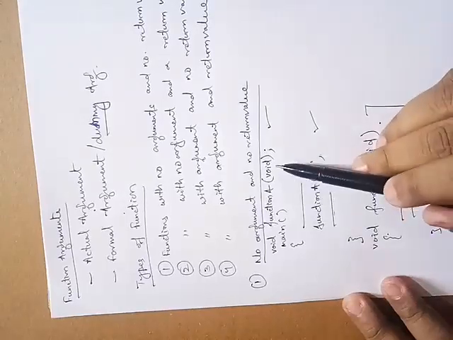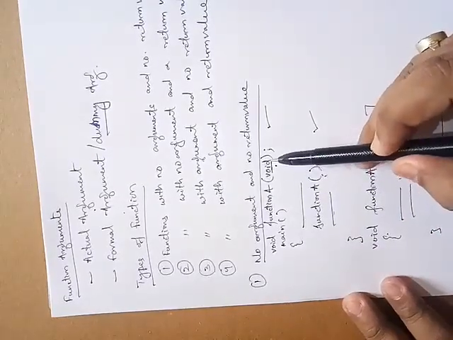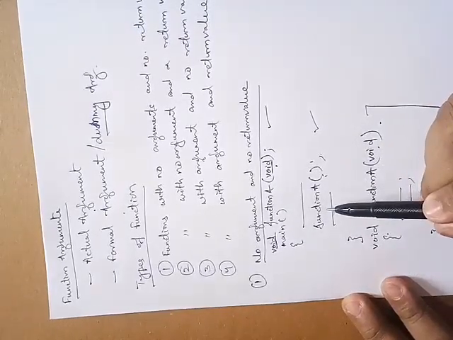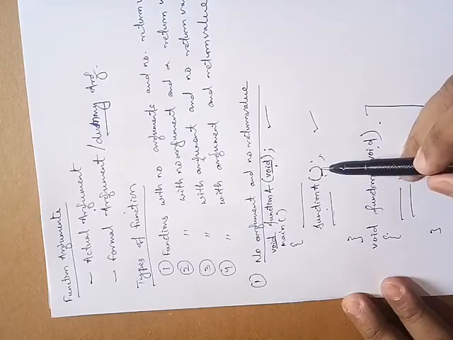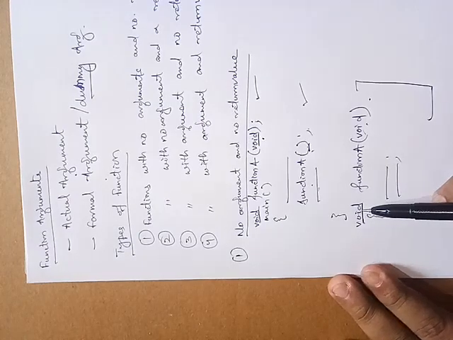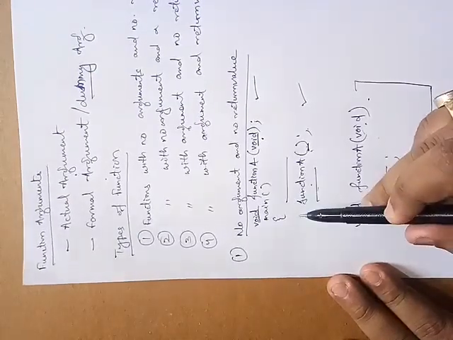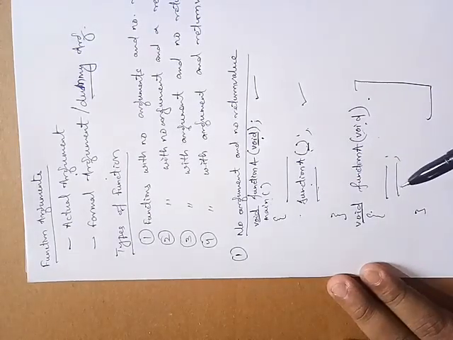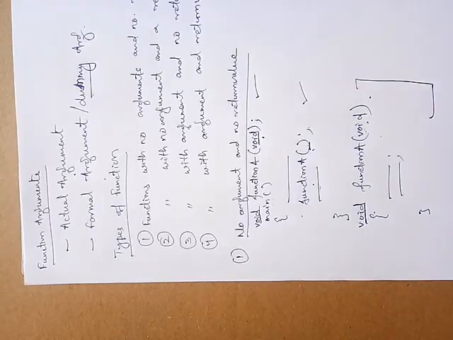In the declaration part there is no argument, so we have written void, and there is no return type. Here also while calling the function we have not passed any argument. And in the definition part also there is no return statement or return type, so we have written void, so no return values will be sent to the calling function. The calling function is main. This is the simple example of function with no argument and no return value.